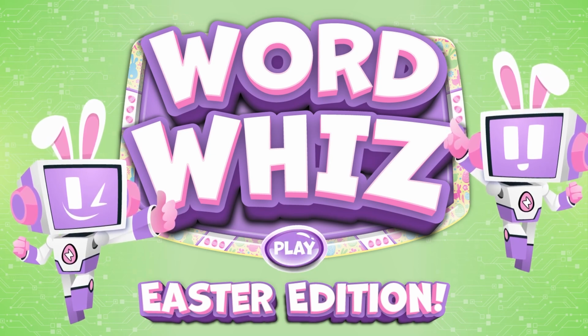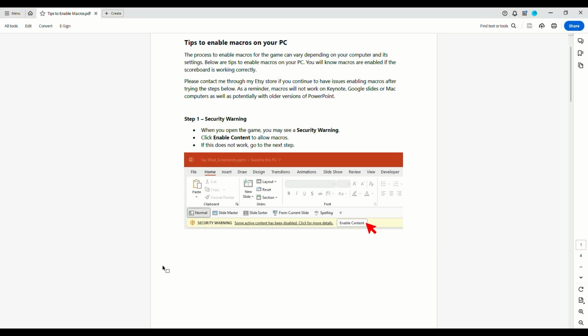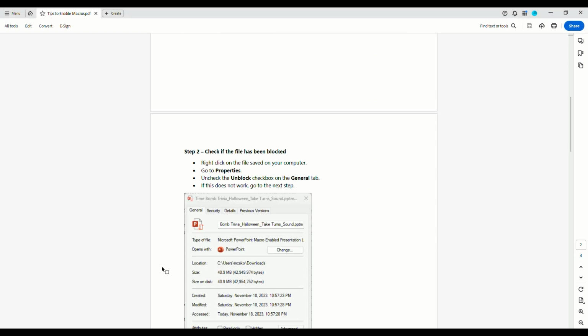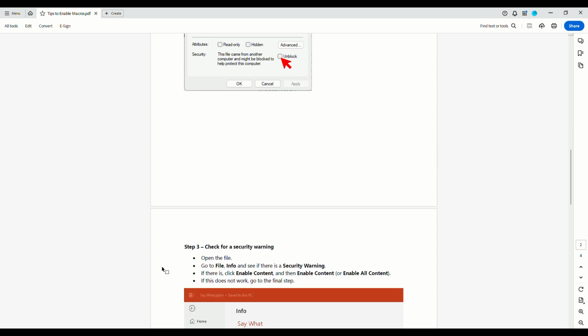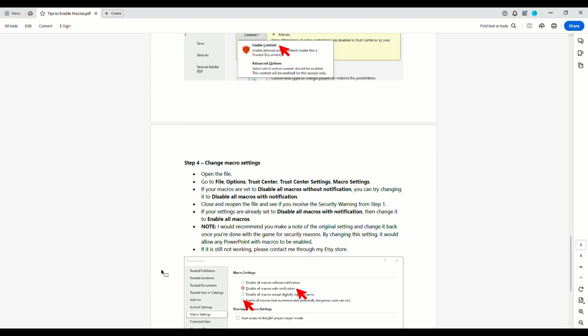There are 3 files with different sound options: normal, low, and no sound. In order for the scoreboard to work correctly, you will have to enable macros. There is a file included in your order with tips on how to enable macros on your PC. If you are unable to use macros, you can use the version without a scoreboard and just keep track of